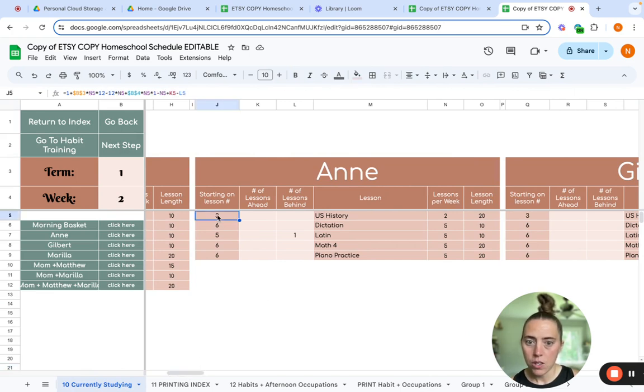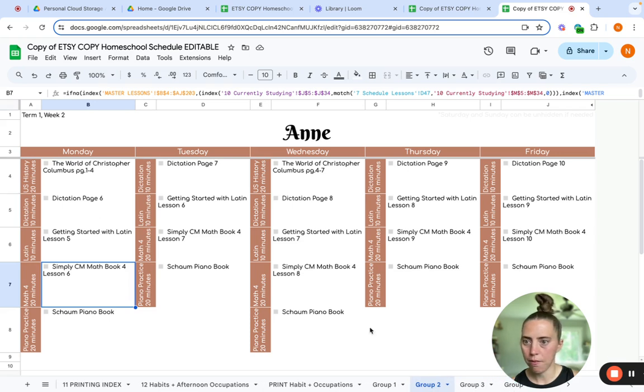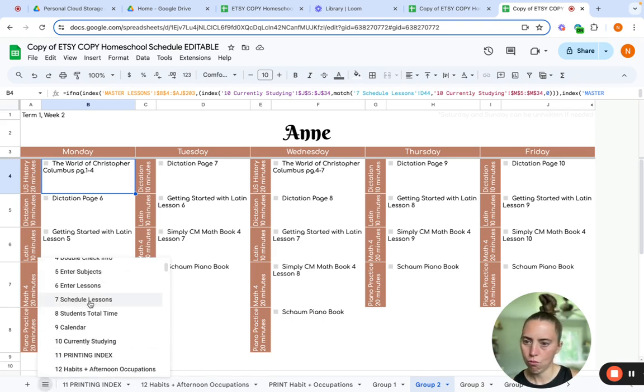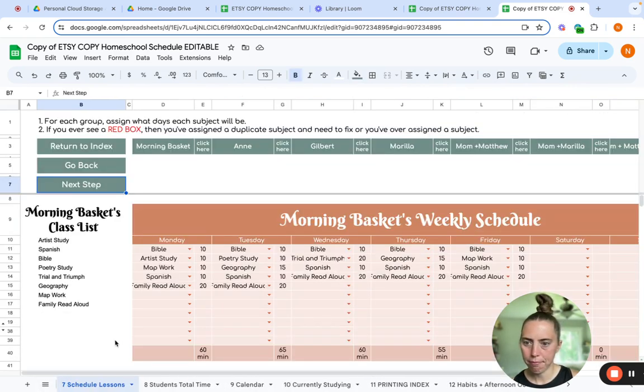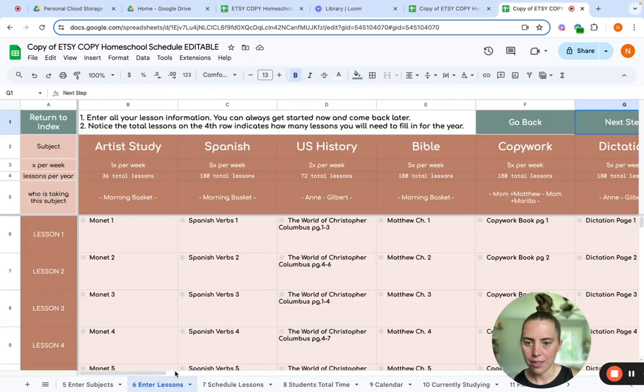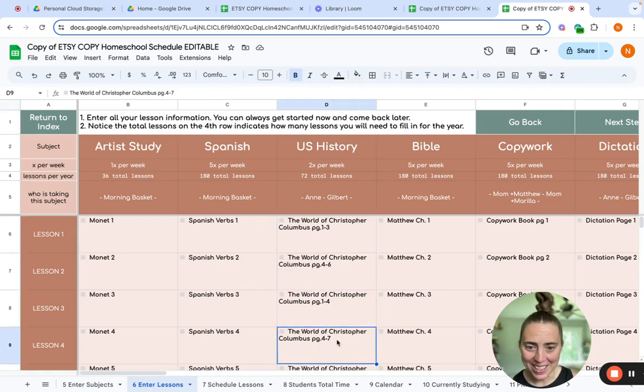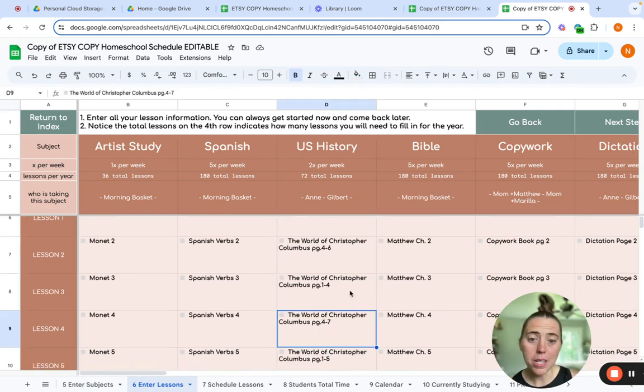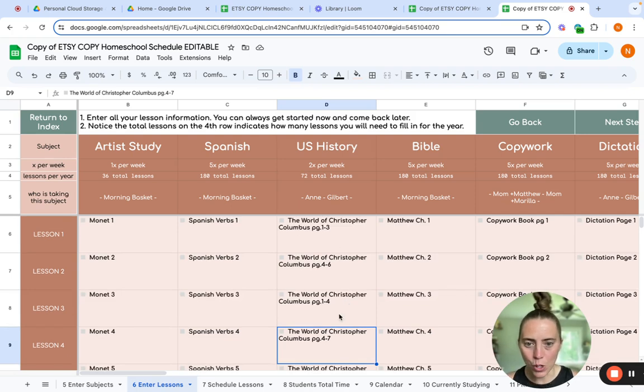But for U.S. history, she is on lesson 3. Just a minute. Enter lessons. For some reason, I messed up on this, so it's not pulling correctly. I mean, it's pulling the right information, but I entered our